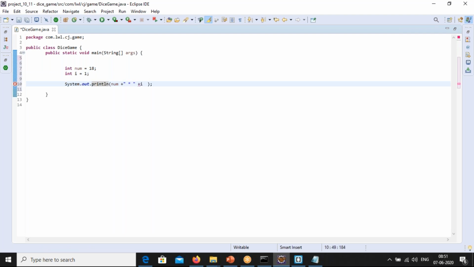Now I print the i value: plus equal-to symbol plus number into i. Nothing great I'm doing here, this is a very simple thing. Instead of printing hello world, I'm printing the number.